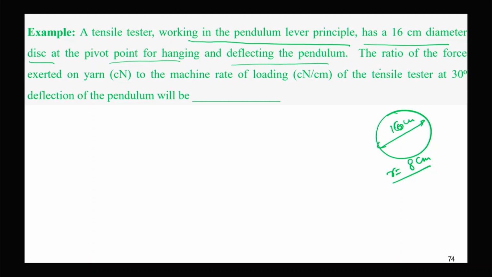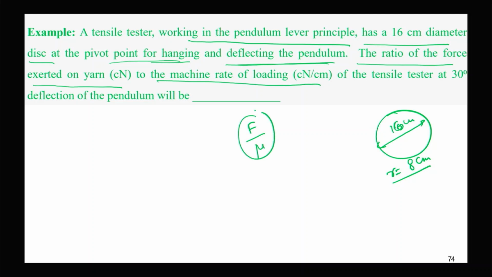So at the pivot point for hanging and deflecting the pendulum, the ratio of the force exerted on the yarn in centinewton to the machine rate of loading, so F by mu, we want to calculate of the tensile tester